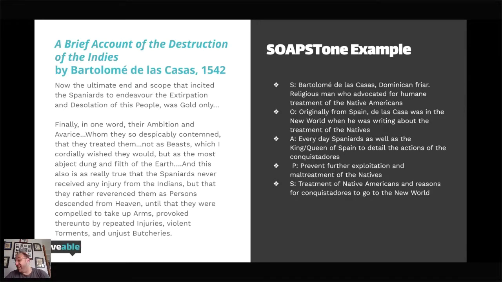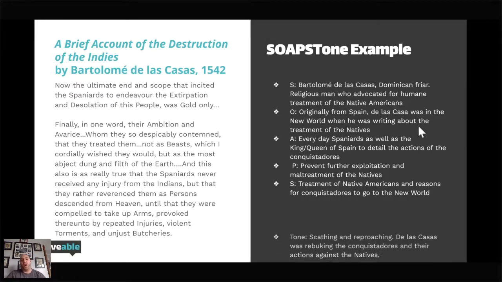This also is technically part of the Catholic Counter-Reformation, because one of the things that they did is they went out to the New World and got millions of new converts to Catholicism. Remember, Catholicism is the largest branch of Christianity today with over 1 billion followers. So the Catholic Counter-Reformation, very, very popular and very, very successful. And then the last is the tone.